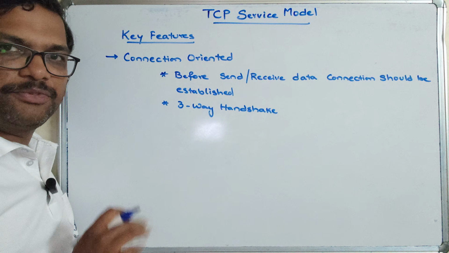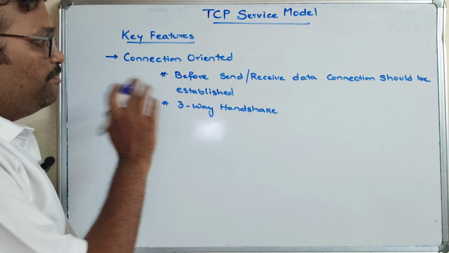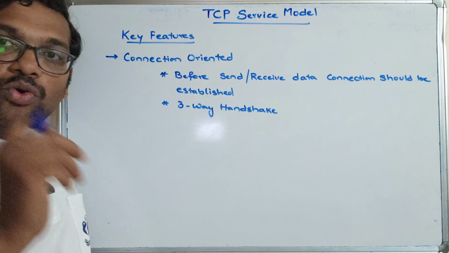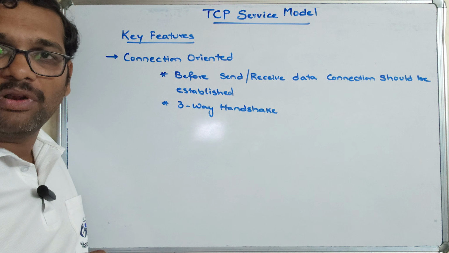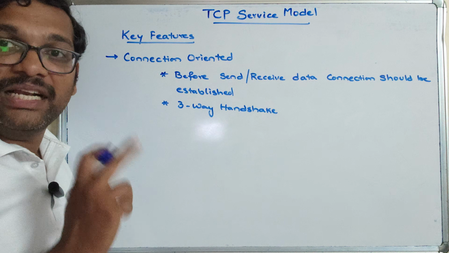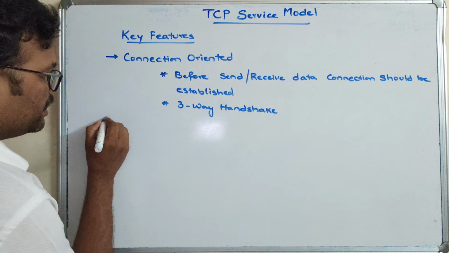I'll post the link in the description, so just go through that. So the first key feature is connection oriented. TCP is a connection oriented transport protocol, whereas UDP is a connectionless protocol. And the next one,